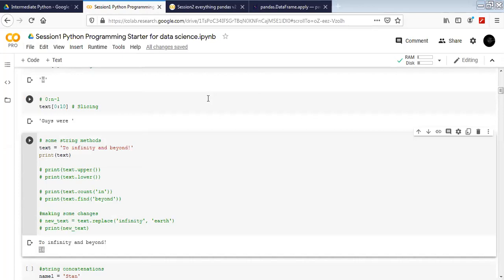Let me know when everybody is able to make a copy and can start working on it. In the chat box, just write that you have created a copy if you have.